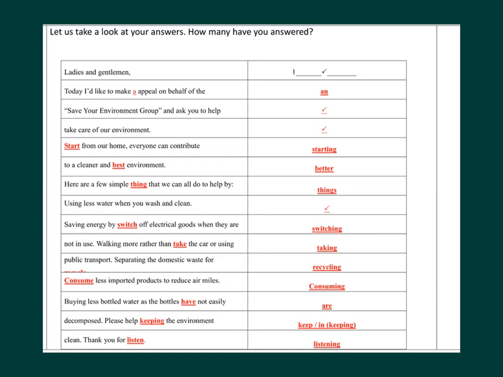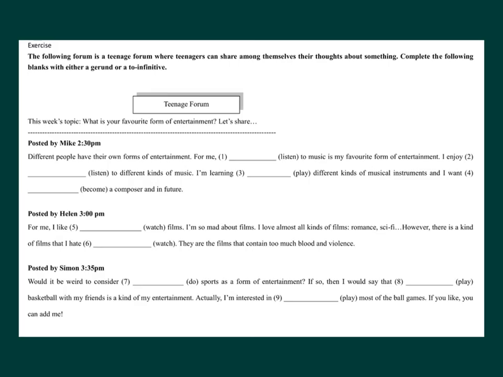Consuming 應該係個 noun， 因為喺 beginning of the sentence。Consuming less imported products to reduce air miles. Buying less bottled water as the bottles are not easily decomposed。因為係 have 係有所以個意思唔啱，要轉做 are。Please help keeping the environment clean。help 字通常都係跟個 gerund 嘅，因為已經 help 係 verb 啦。Thank you for listening， 因為 listening 之前係個 for preposition， 所以一定要用 gerund。